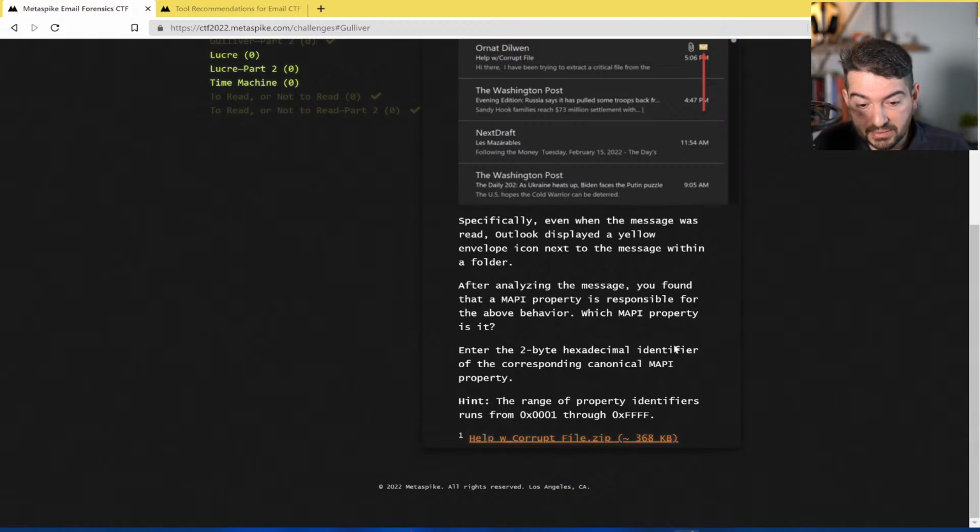After analyzing the message, you found that a MAPI property is responsible for the above behavior. Which MAPI property is it? Enter the 2-byte hexadecimal identifier of the corresponding canonical MAPI property. And there's a little hint there that this is going to be something from this to this value, so it's going to be something in that range. And it's going to be 2 bytes to help. So let's download this,